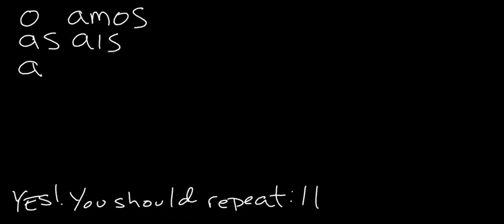So what I need, this is one of them where you have a part and I have a part. What I need you to do is just repeat after me. All right, here we go. O, as, a, amos, áis, an. O, as, a, amos, áis, an. I know you're thinking, is he really wanting me to do this?